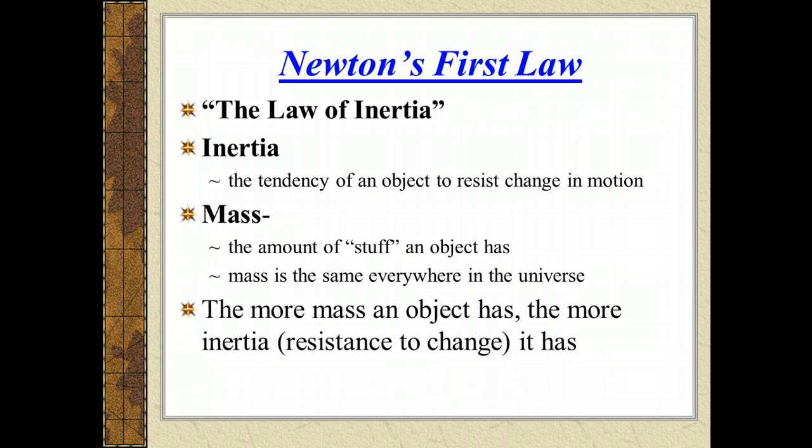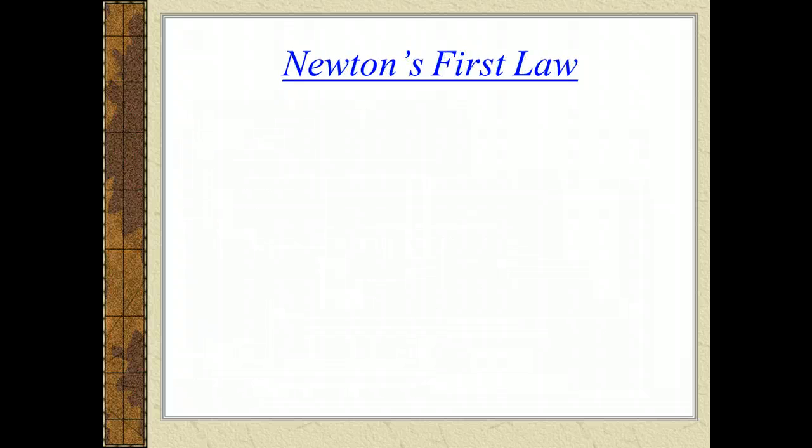The big point is that the more mass an object has, the more inertia it has, very simply. In other words, the inertia is directly related to the mass of an object. Once again, inertia is not at all related to an object's speed. That's the law of inertia, which again is basically the same thing as Newton's first law,